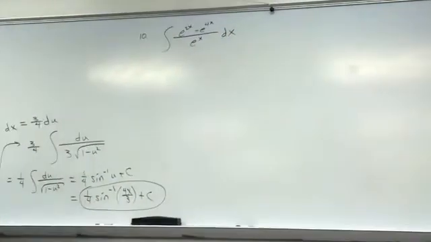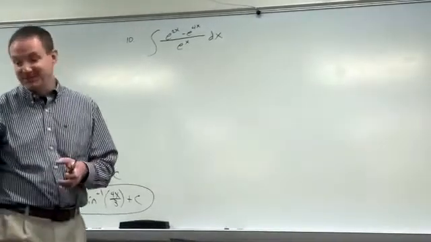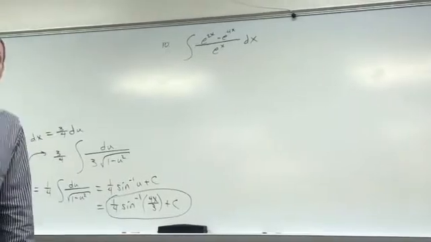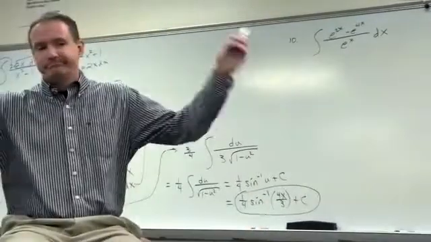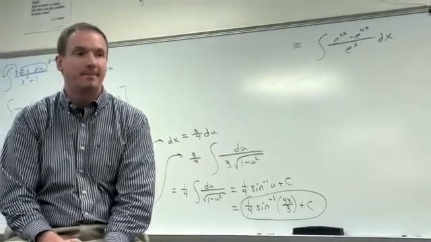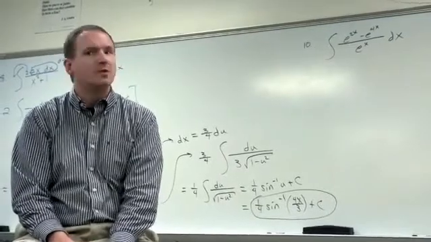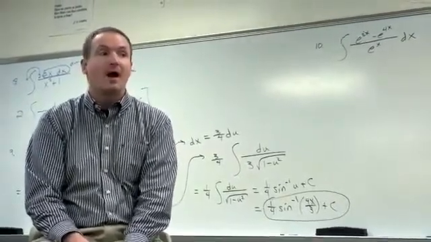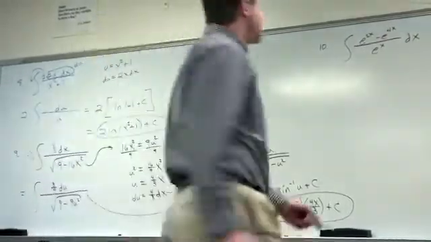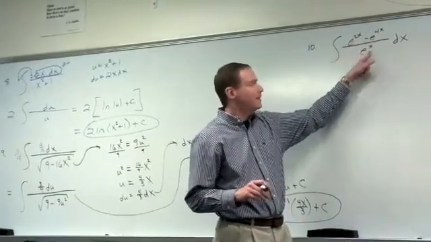But another one of those problems, if you do it the right way, it's super easy. If you do it the wrong way, obviously, it's not. As you look at this problem, guys, does something come across to you as, hey, I know what to do? Very first step. Factor an x. Take the natural log? No. There you go. Distribute the denominator into the numerator, and you say, well, e to the 2x divided by e